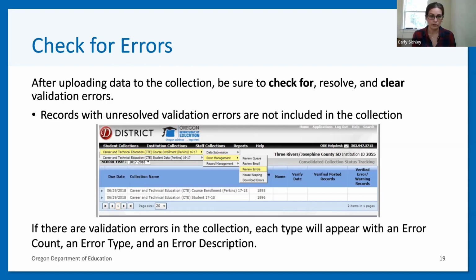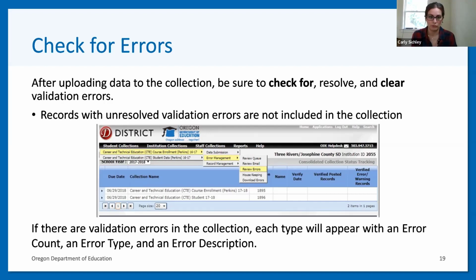If there are errors, the way to look at those is again by clicking on or hovering over the student collections option in that blue banner. You'll see the student and course options there still. And instead of selecting data submission, if you look at error management, there are a couple options there, and review errors will bring up all of the errors that are associated with the data that's been uploaded.